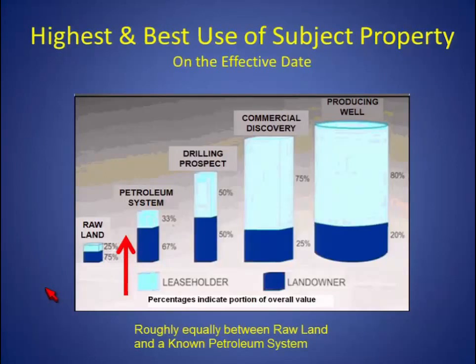You see that we have the relationship here between the landowners 75% and 67%, and we are right smack in between those two, so that's why I called it 71%. That's the answer to it.